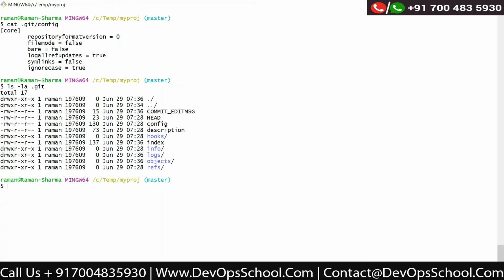One of them is the config file. This config file is basically the configuration file for your local repository. So if you are creating 3 repositories, 3 projects, you have to create 3 folders for that, right? So here my